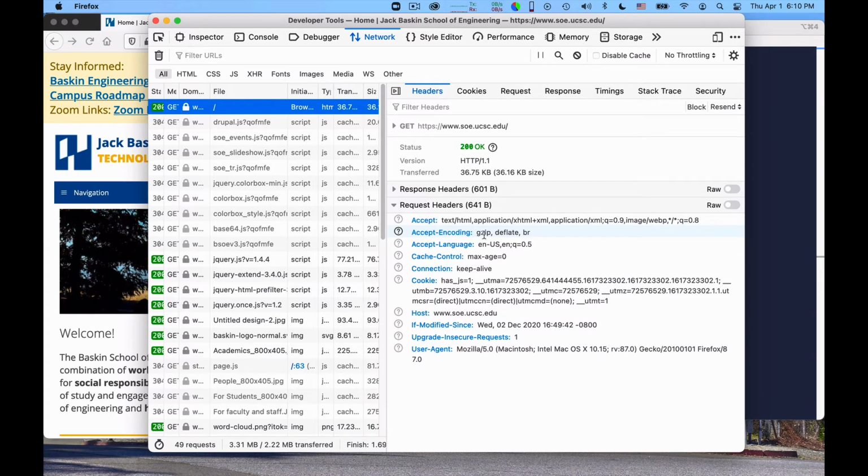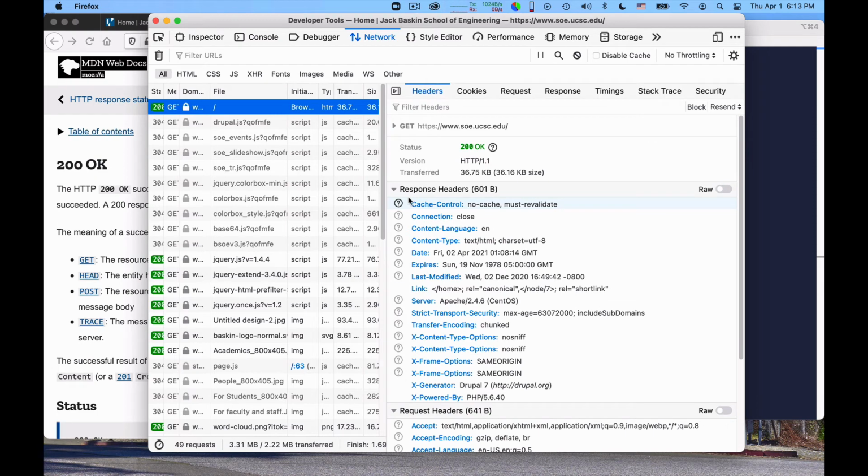This means that you accept your reply to be encoded via gzip, which is a compression program, so that it makes it shorter. And very importantly, you also send it a cookie. We will come to cookies later. I want to spend quite some time on cookies and how to manage them. But let's look at the reply a moment. The reply says things such as the content type is text HTML, using this character set for encoding of the text, and then it contains a bunch of other things.